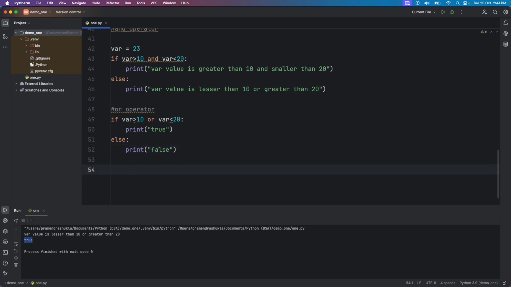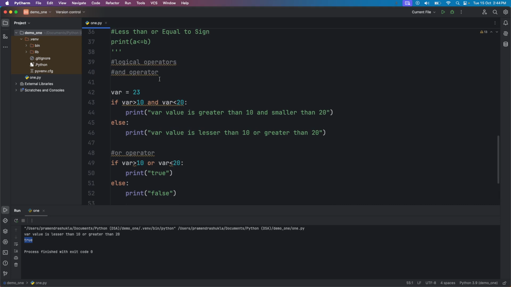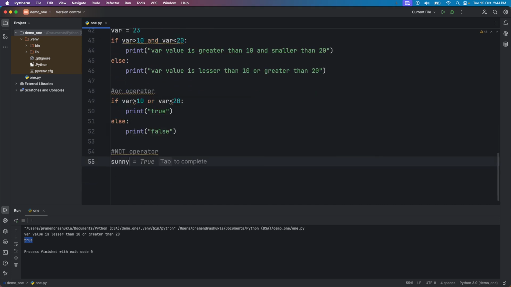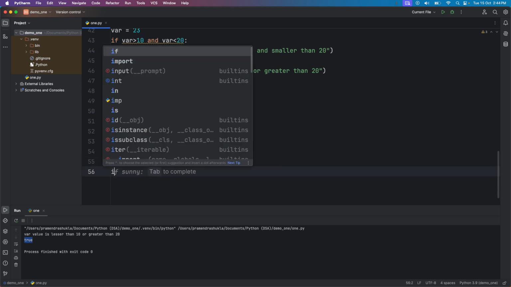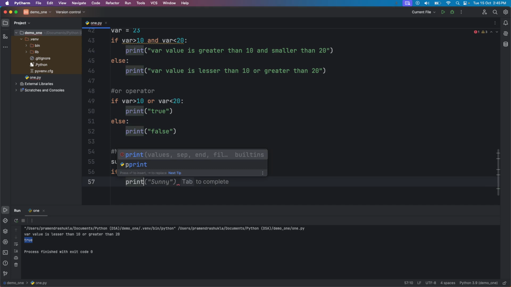Now let's see NOT operator. In NOT operator, it will reverse a true condition if we give something. Let me give you an example. Here I am writing sunny equal to true. Okay, so if not sunny, it will print it is raining outside,